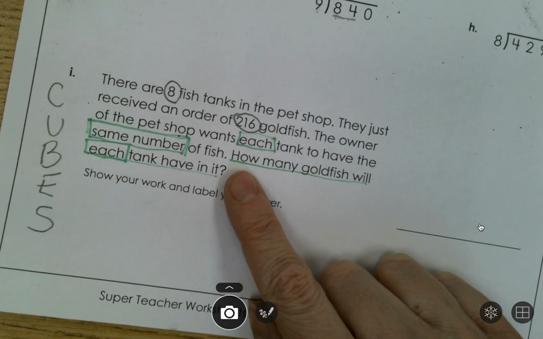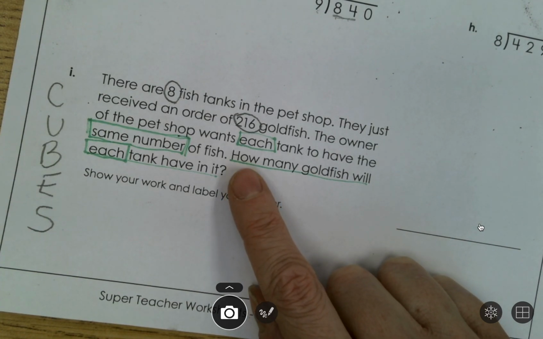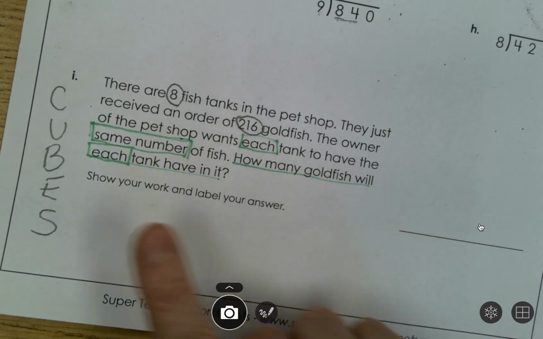And we need to find out 6th grade walkers and commuters can now how many goldfish will each tank have